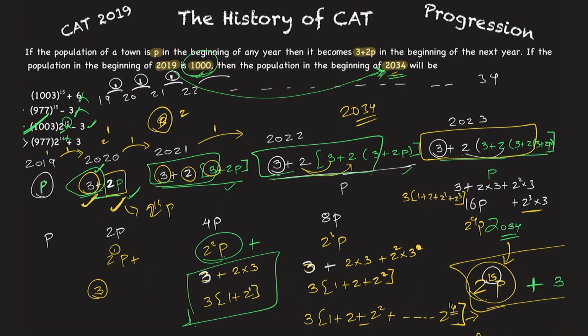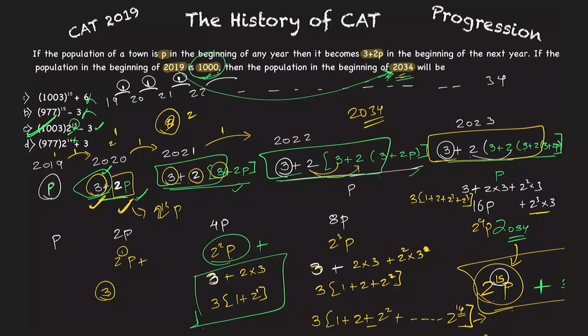So in case you get such a GP, this was a difficult problem. Of course, if I had to attempt this in an exam, this would have been a difficult problem. Ideally I would have left it in case I'm not able to get the right click to it, but there is a pattern to it. If you can crack the pattern, you can reach the answer.